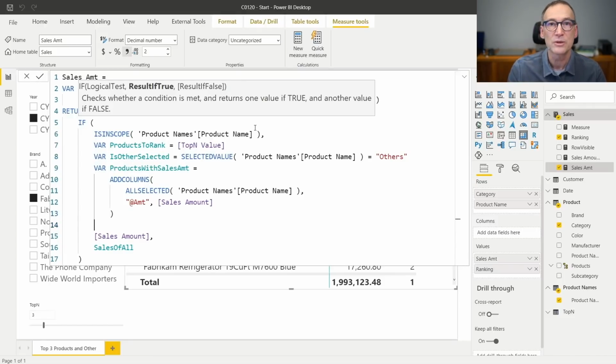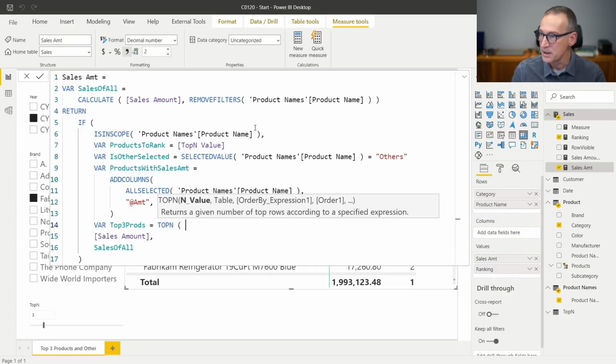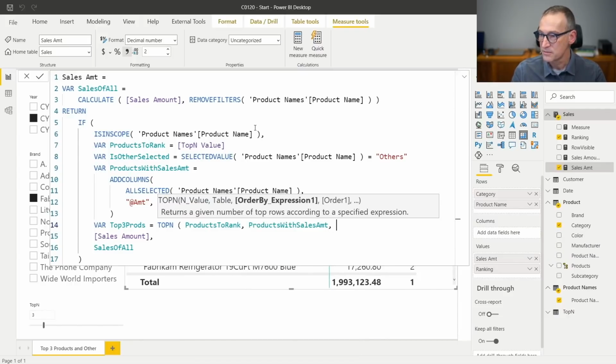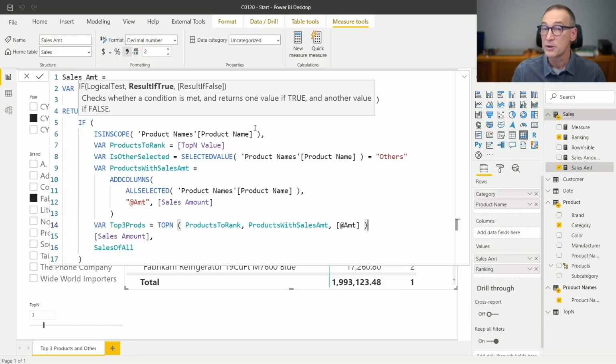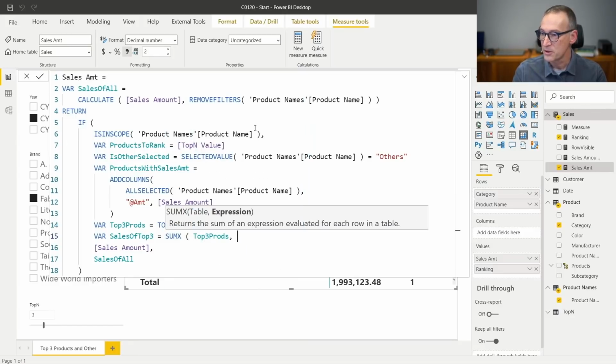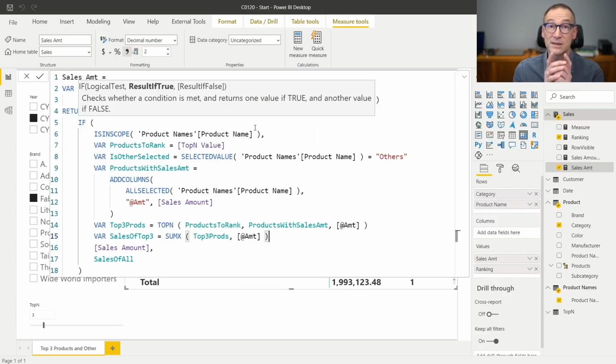Now, products with sales amount contains all the products with the sales amount. I need to extract the top 3. So I can take the top 3 products, and I do a top n of my products to rank out of products with sales amount ordered by amount. Now, top 3 products at this point contains the top 3 products, and I can compute the sales of top 3, which is a sum x over top 3 products of the amount column. Now, sales of top 3 contains the sales of the top 3.